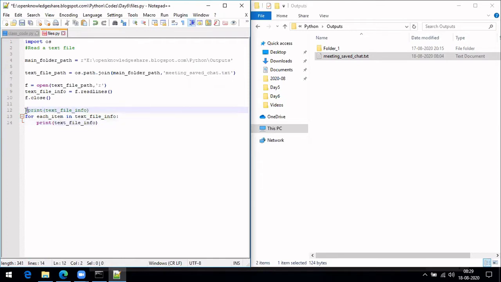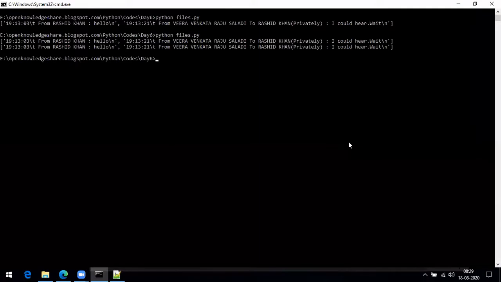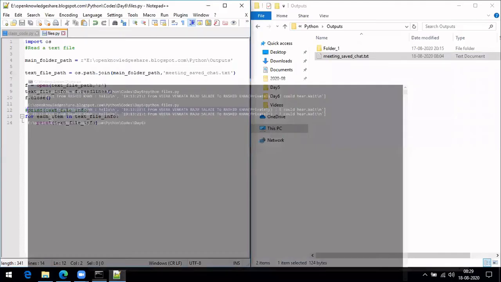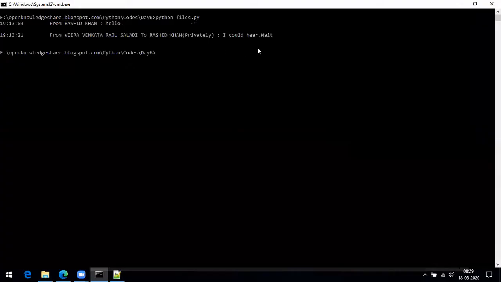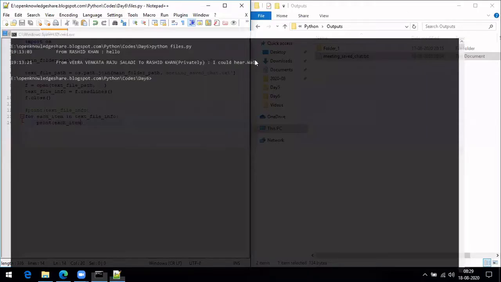Okay, why is it printing the entire info? See, right? It's the same thing that is available in the text file. Okay, so we are able to print it.